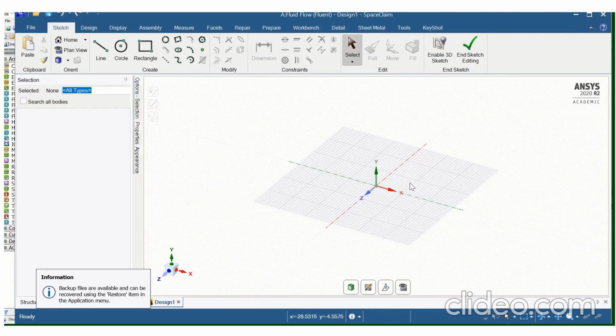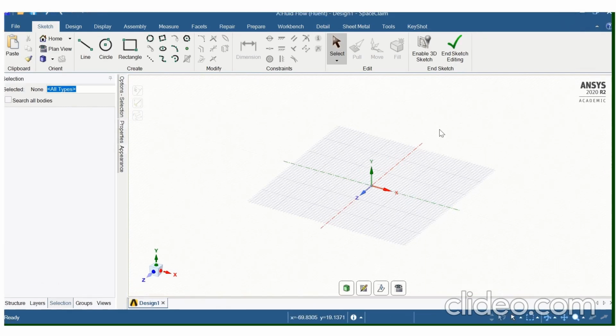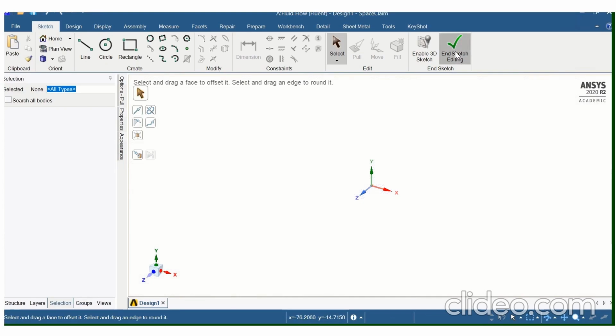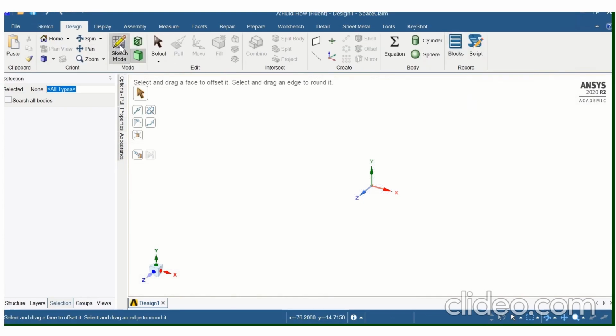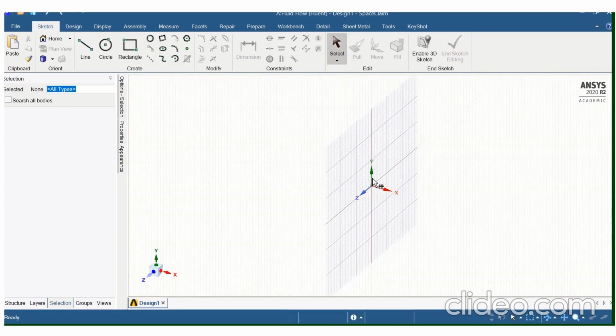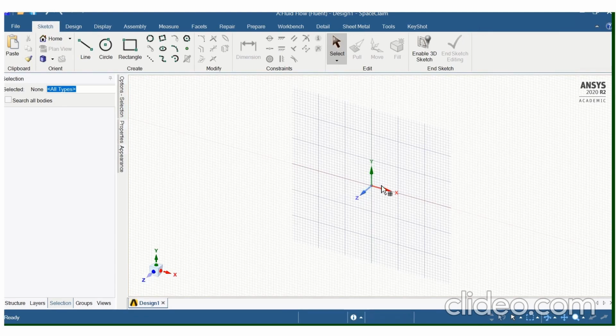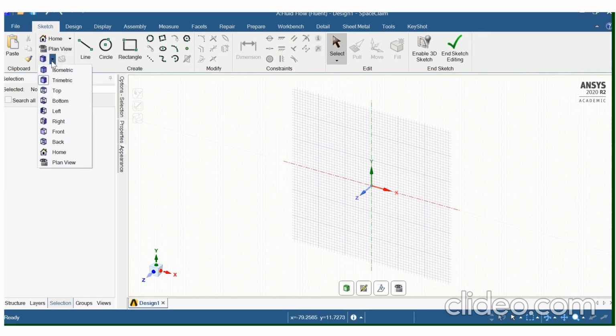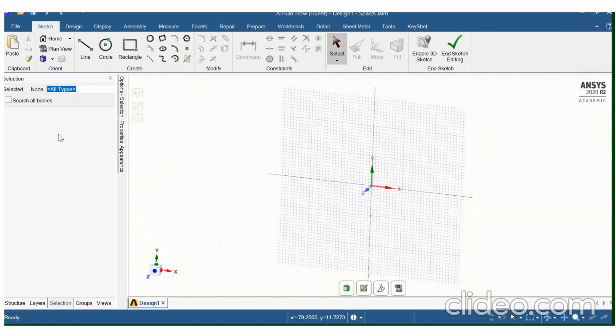By default it will give you a plane in the XZ plane, but we want to make the plane in the XY plane. So first we can end the sketch, then change the plane of sketching. I give it XY, then you have to make it the front view.